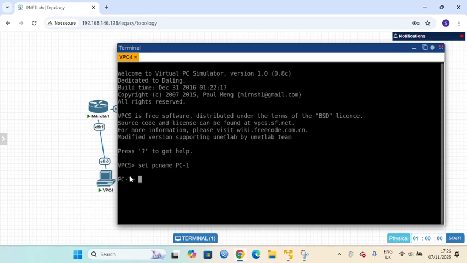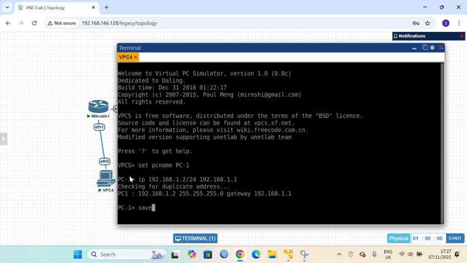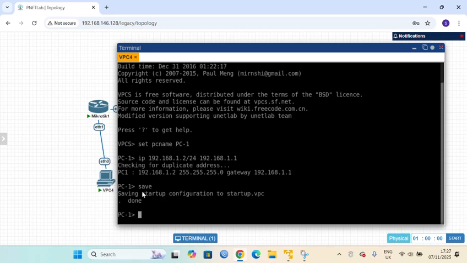So we configure the IP: 192.168.1.2/24, and the gateway is 192.168.1.1. We enter, and the IP is already configured, so we save. The rule is saved and we enter. So the rule is done.